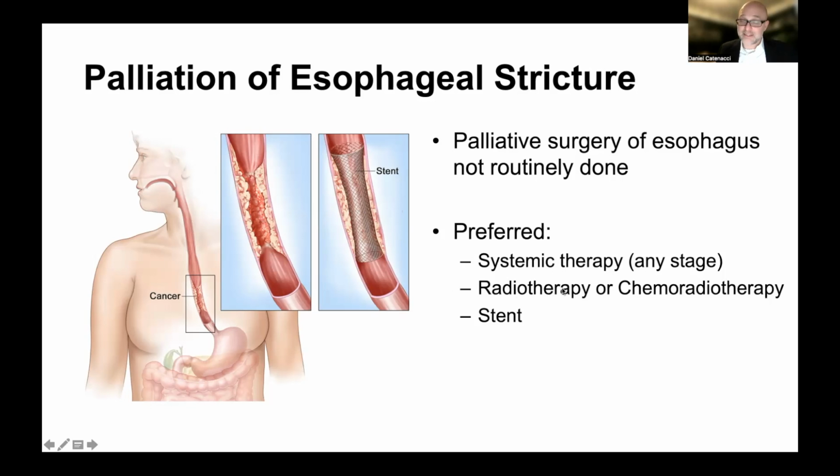And in that setting, I might consider doing radiation alone or with chemotherapy if I want to be a little bit more aggressive, because the chemotherapy accentuates the effect of the radiation. And only if and when systemic therapy is not helping to control it, and we've already done radiation and it's problematic still, or it got better but then it came back later, that's when I would consider doing a stent